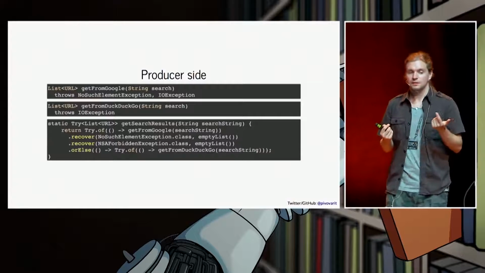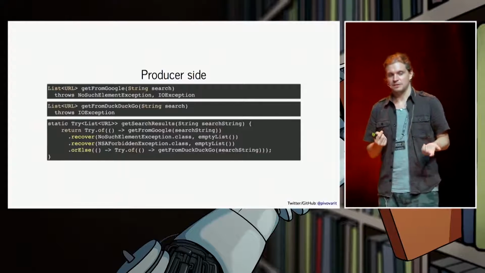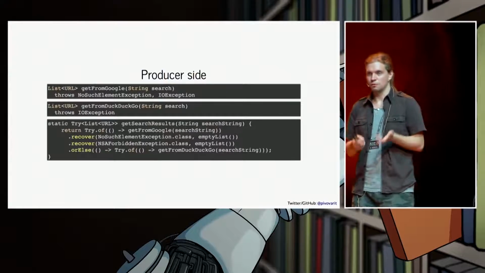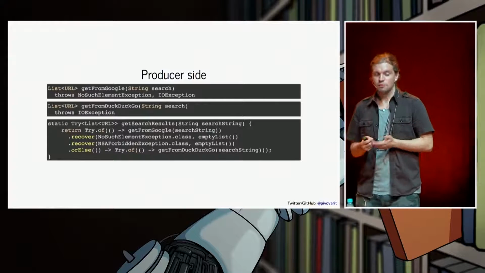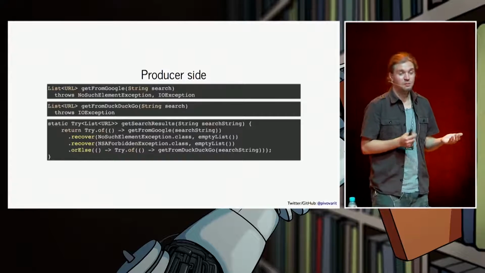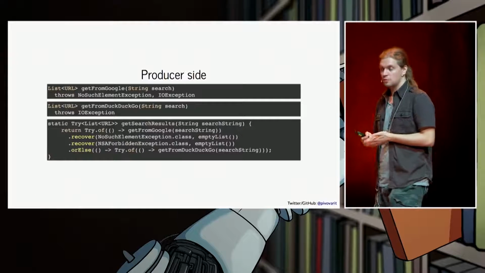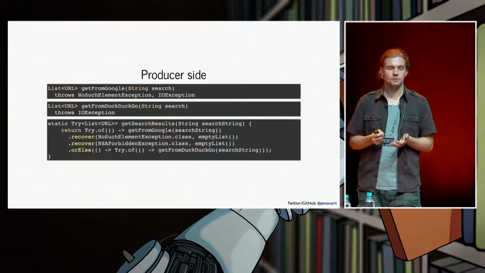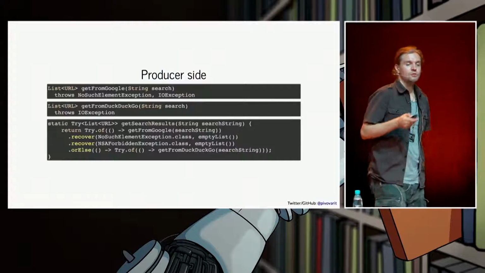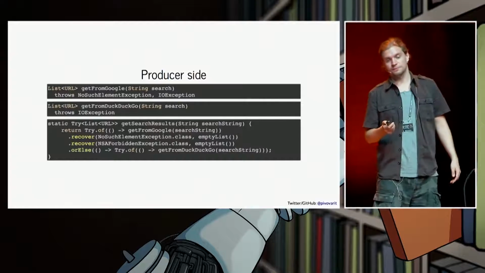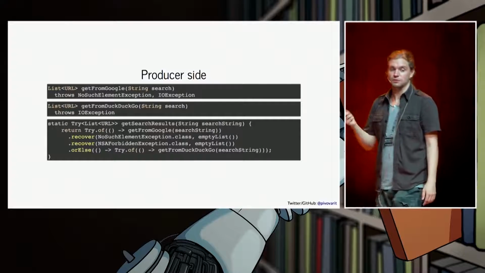What does it mean that there's a NoSuchElementException? That means that there were no values found, right? So we recover from that by simply returning an empty list. And then it turns out we start inspecting the code, and it throws NSAForbiddenException. But at the end of the day, it's also an empty list.